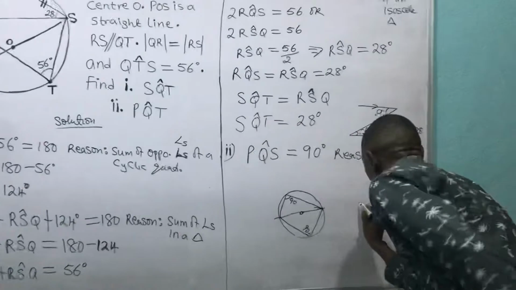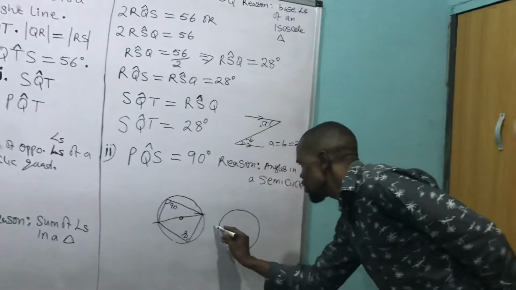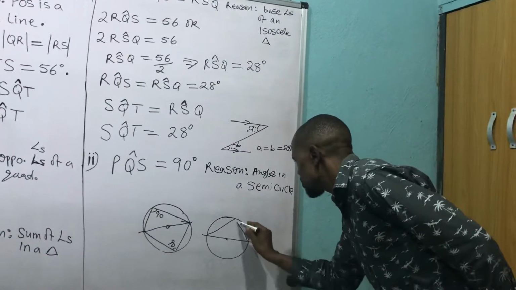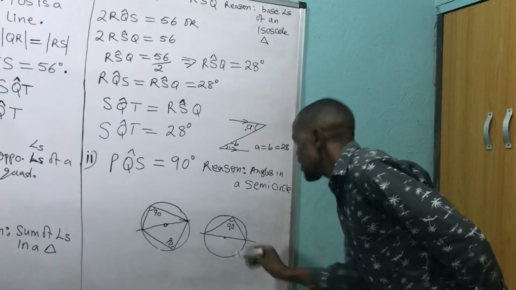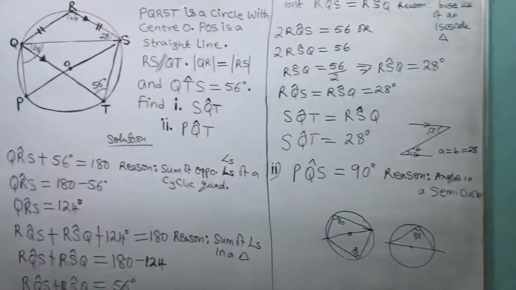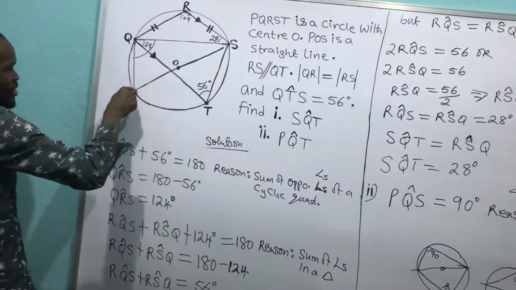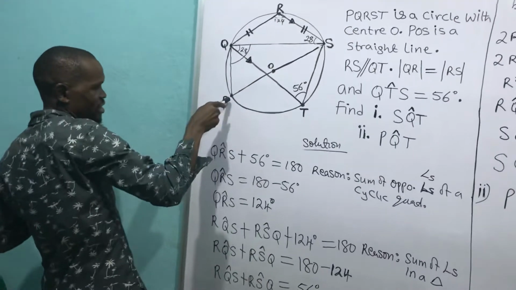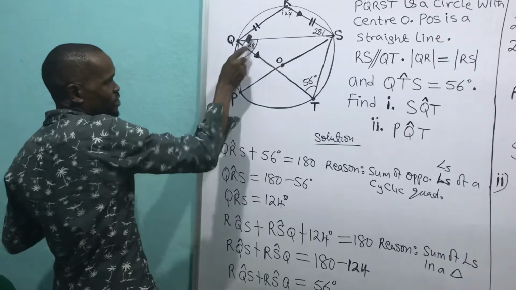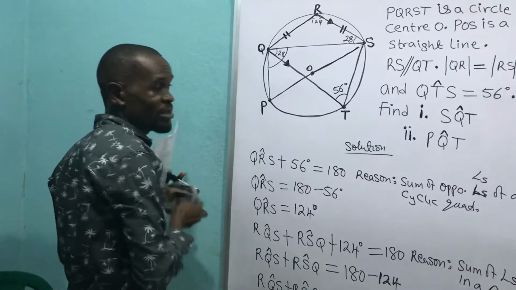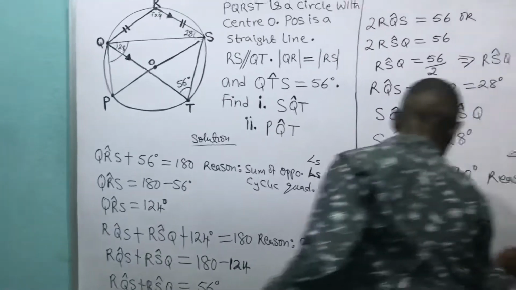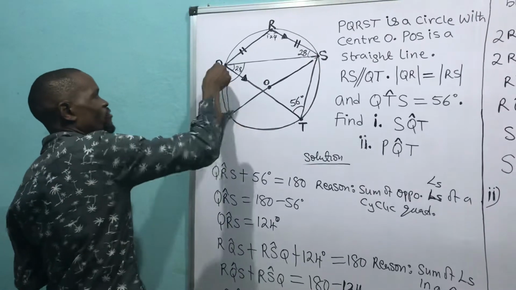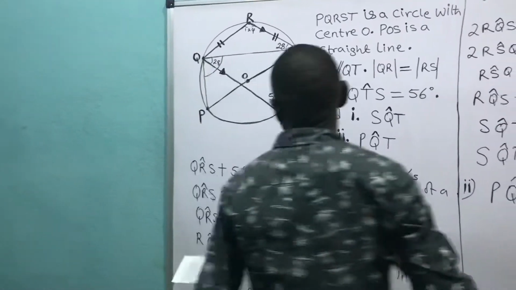If a line, let me repeat it again, if a line passes through the center of a circle like this, the angle which it forms on the circumference is 90. And that's what I'm using here. Look at this line. It passed through the center of a circle and formed an angle here, which is 90, according to the semicircle rules. So now, since we have known that this angle on the semicircle is 90,